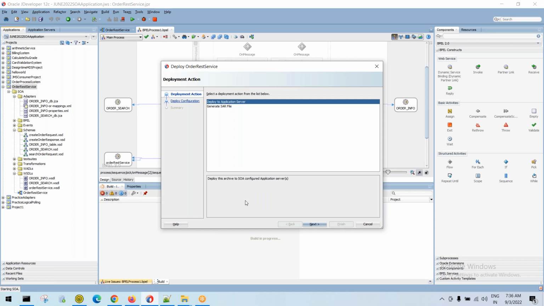See, we have only one service with two endpoints. One is post. One is